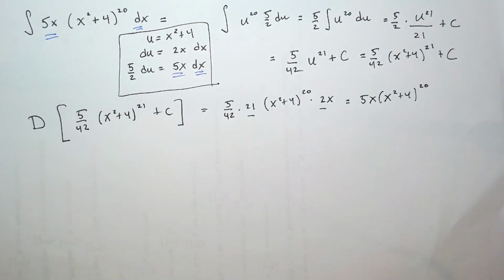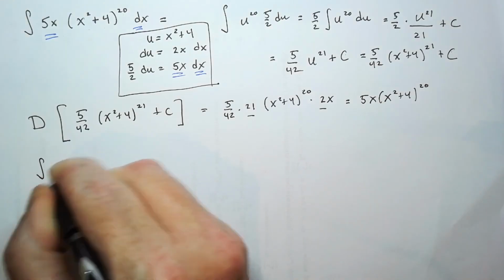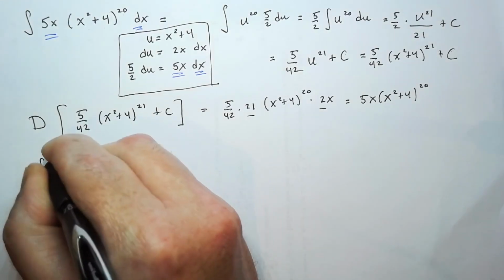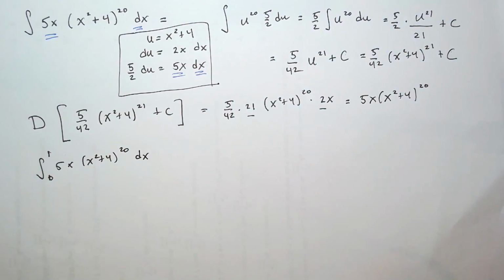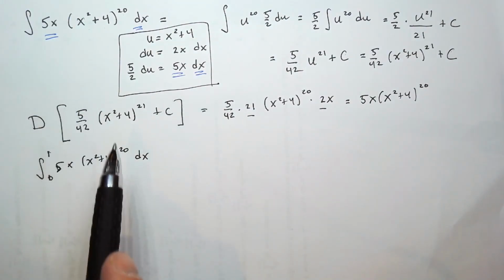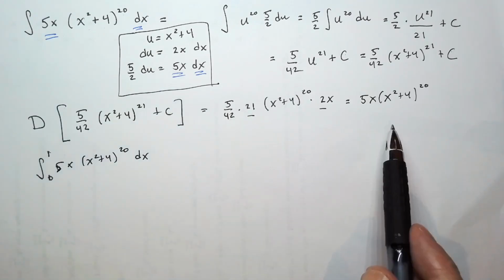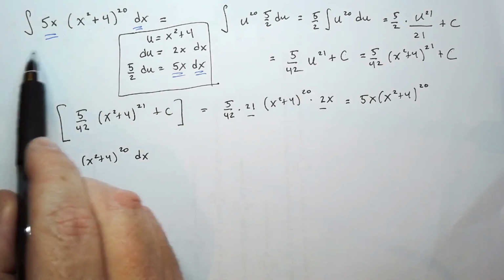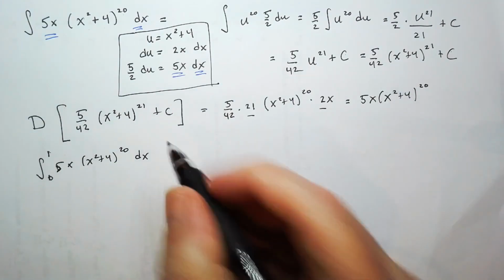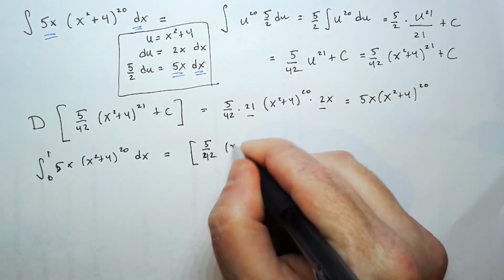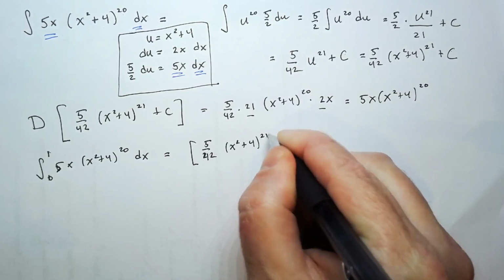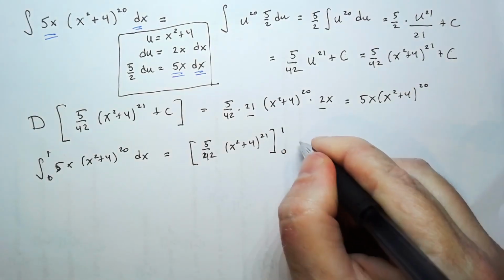Now, sometimes we might want to use this substitution technique to work out a definite integral. Let's see a few ways of doing that. If I wanted to find the integral from, say, 0 to 1 of 5x times (x squared plus 4) to the 20th power dx, I could use my previous result. Or if I hadn't already done all this stuff, I could go ahead and work out the corresponding indefinite integral, get this answer. All I need is some particular antiderivative, so I'll just let my constant be 0 now. And I evaluate this from 0 to 1.